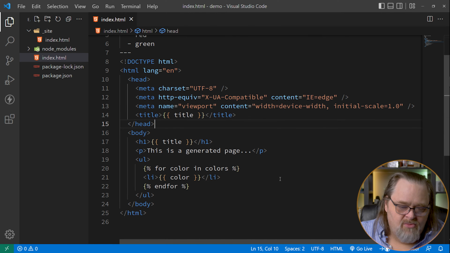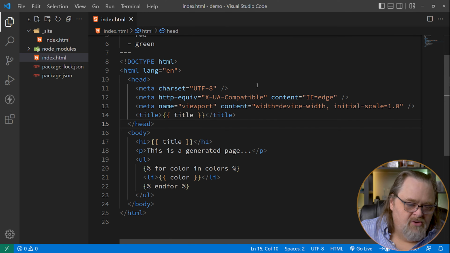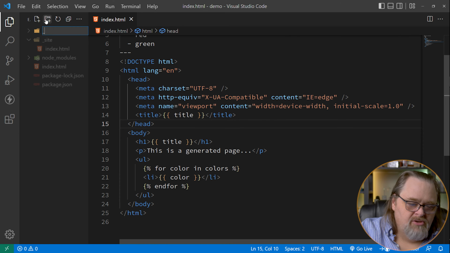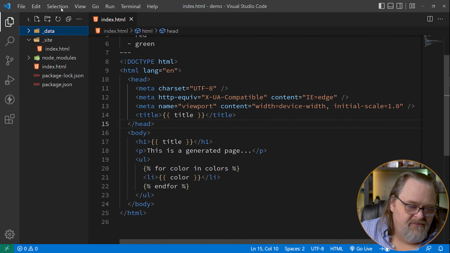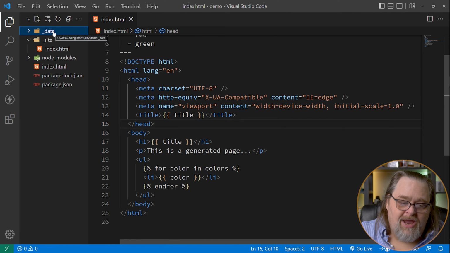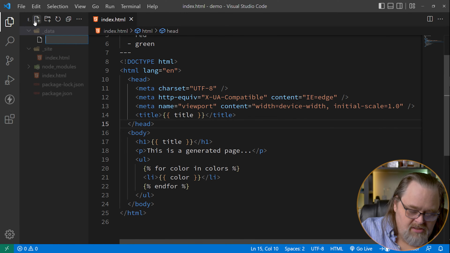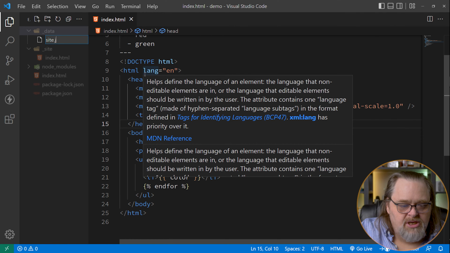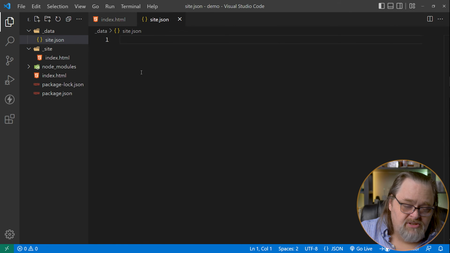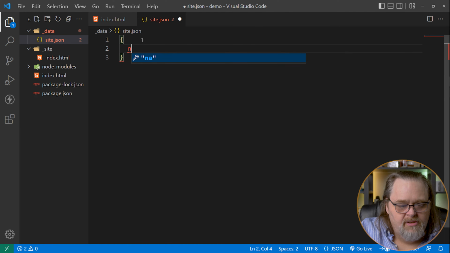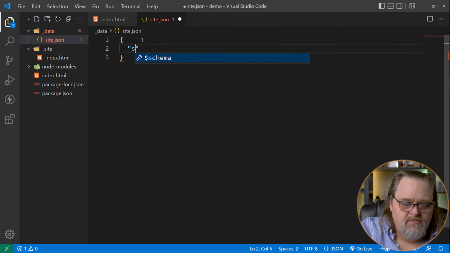Let's talk about it in more specific terms. So I'm going to create a new folder here called _data. And that is a folder that can contain information you're actually going to base your project around, right? And so what does this data actually look like? If in here I create a new file, and I'll call it site.json, though this could be JavaScript as well, but I'll assume it's JSON,